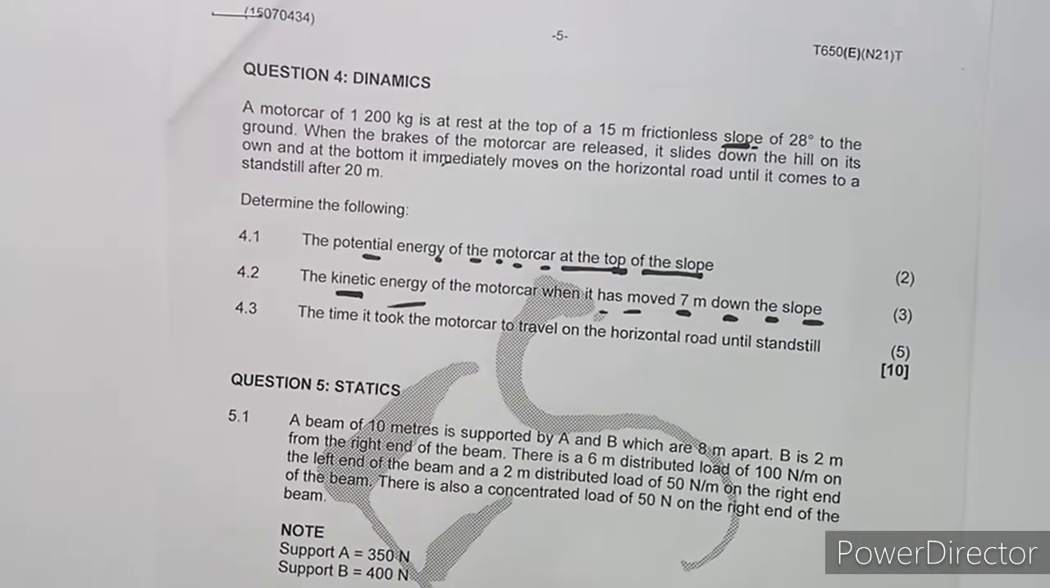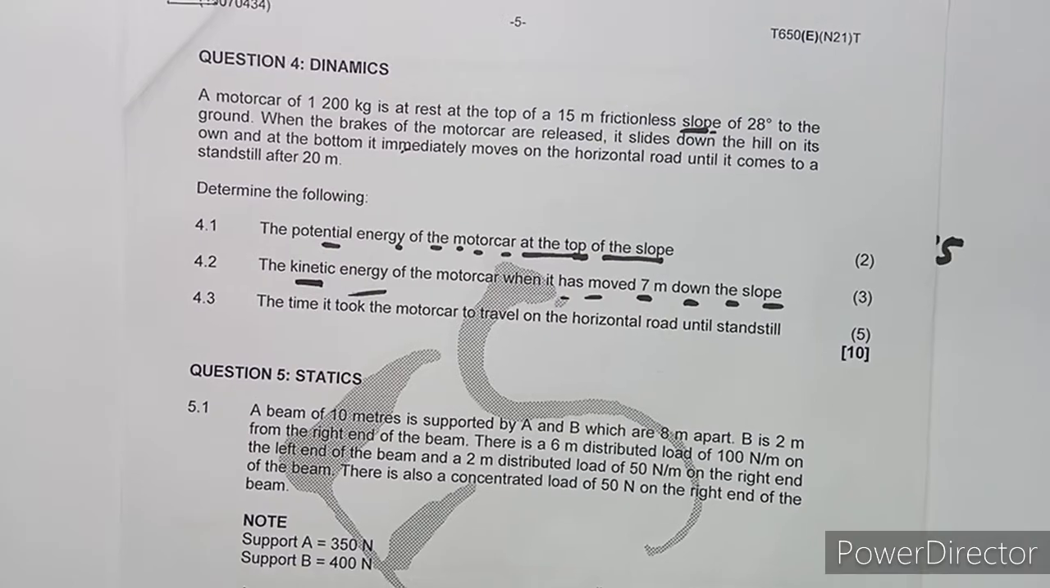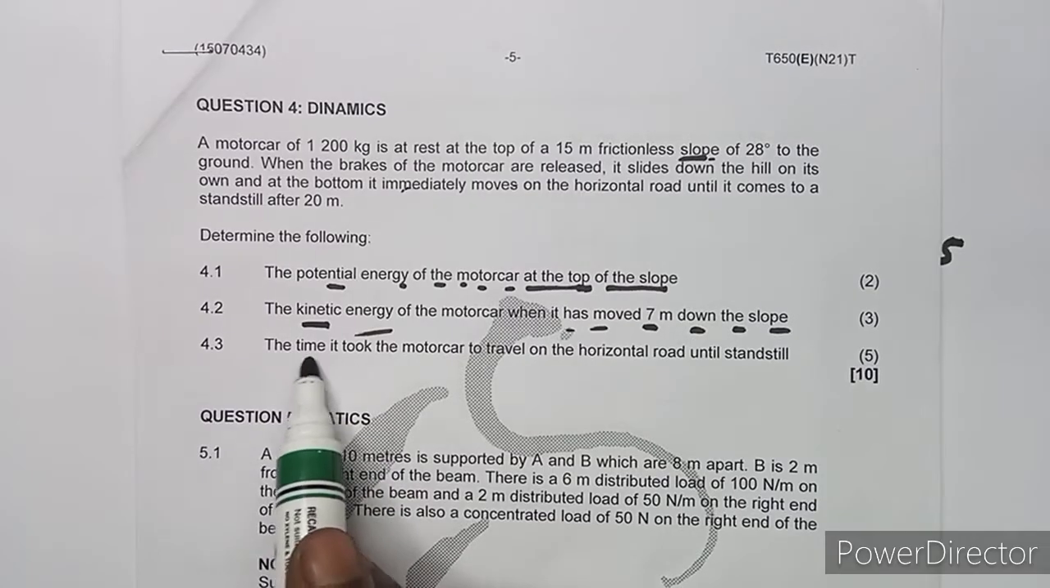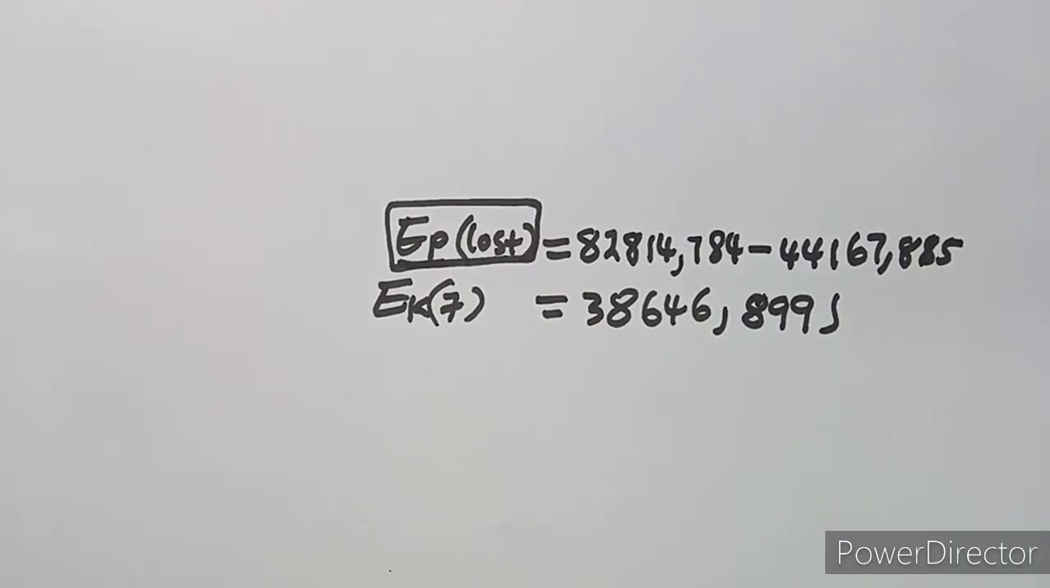Okay, let's see another question, which has 5 marks. Why are we having 5 marks there? Okay, on 4.3, the time it took the motor car to travel on the horizontal road until it stands still. All right, the time it took for the motor car to travel on the horizontal. All right, if you cross-check properly on the diagram that I drew here,